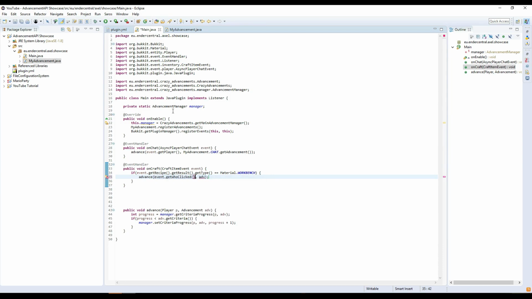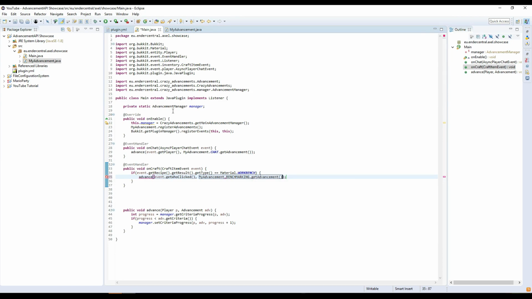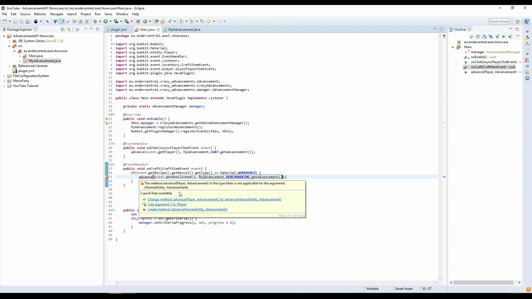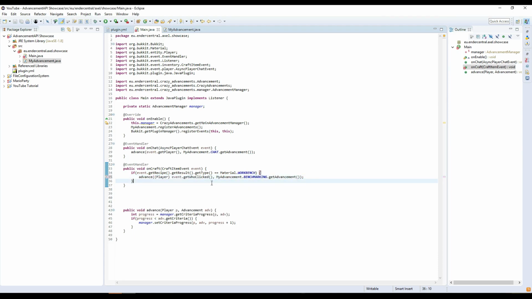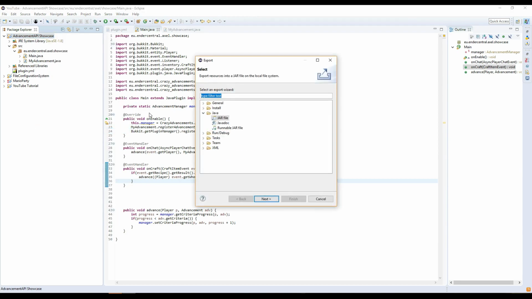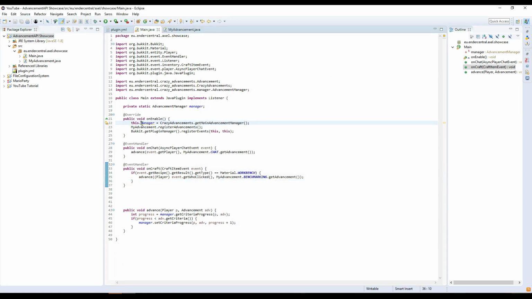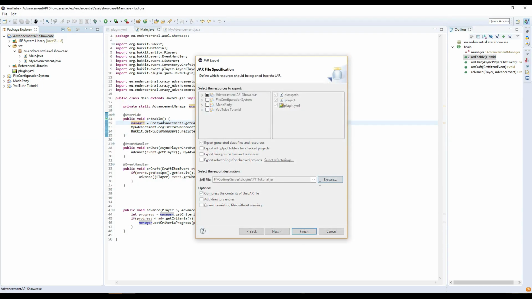and it will be event.get clicked, and the my advancement benchmarking.get advancement. Easy as that. We'll just have to cast argument 1 to player. Couldn't be easier, right? So we'll just, yeah, should be done. Oh yeah, it isn't, this doesn't work because it's static. That's not very good. Okay, so now we can